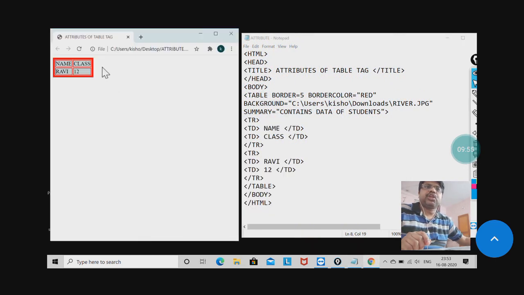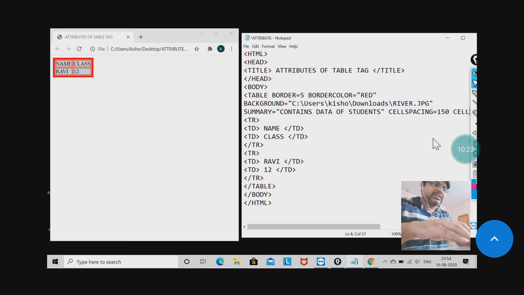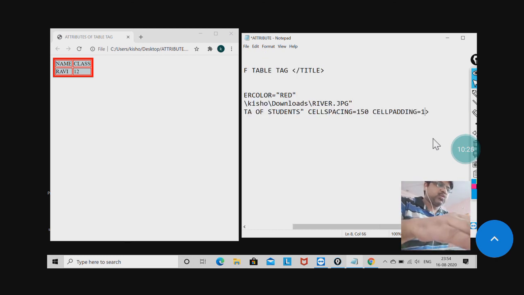Now you see, the image has been shown. If you want to check it, let me add one more part, because this is to be explained after: the frame and rules. But I am going to explain here. Cellspacing equal to, suppose, 150. Cellpadding equal to 100, not enough, it will be 90. Now I am going to save it and reload it.